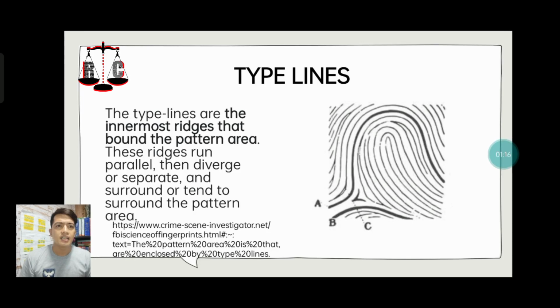Typelines are the innermost ridges that bound the pattern area. These ridges run